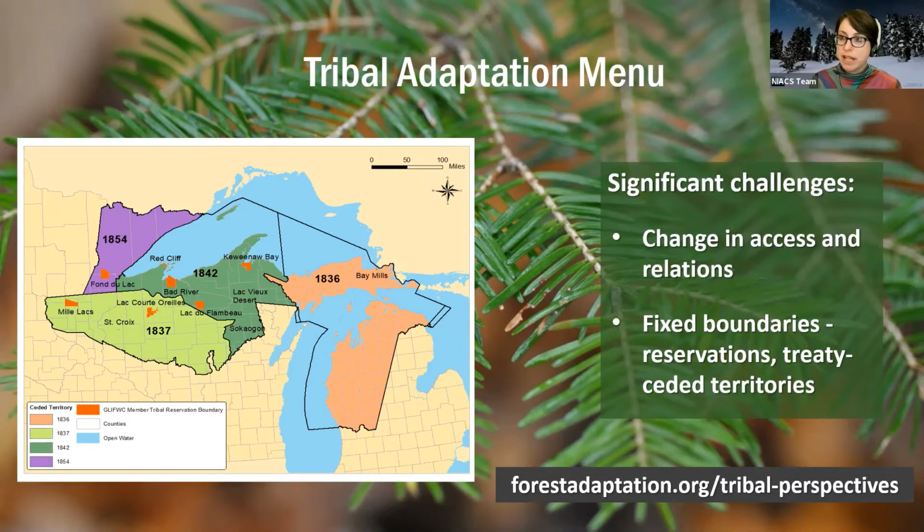But unfortunately, the reality is that some of these beings may shift their range outside of the ceded territory areas where the Ojibwe exercise their treaty rights. And this might mean that those cultural practices become extinct. It's a really dire and troublesome idea, and it's pretty complicated. People are trying to figure out how to get around this idea. But with the loss of beings, many of the cultural connections to the natural world will be changed and